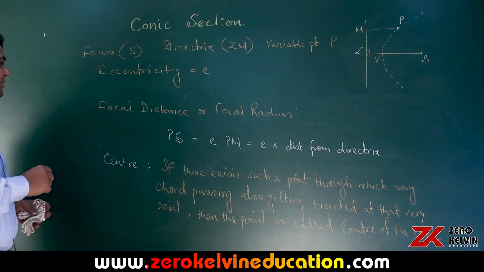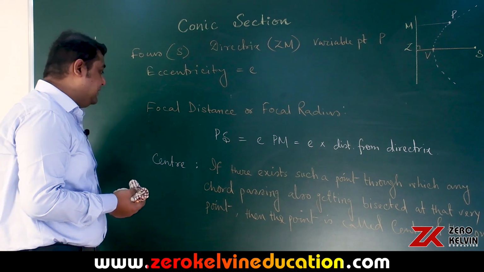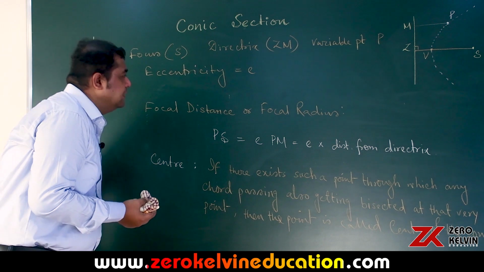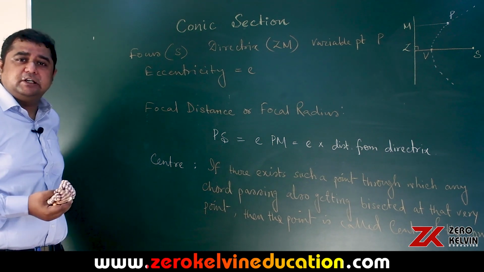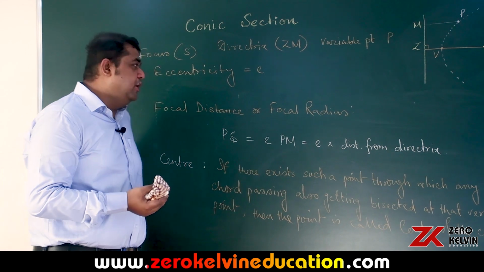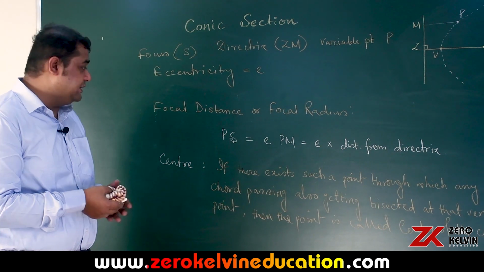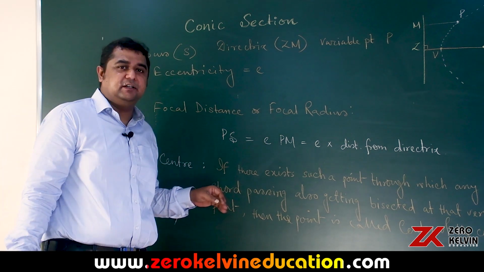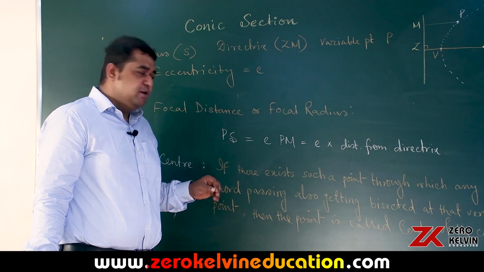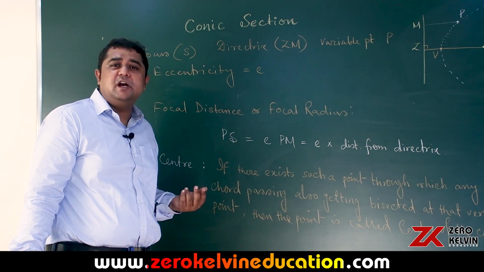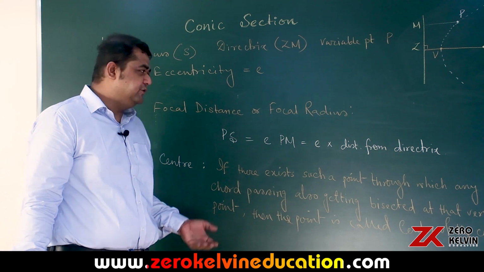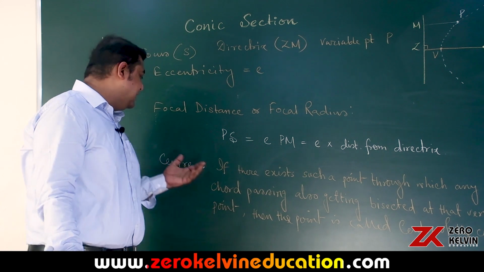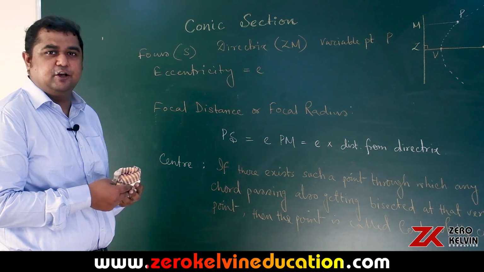So, the description itself says it is not mandatory that every conic will have its center, but mostly the conics of the form ellipse or circle that you have already experienced, or even hyperbola, they will have their center defined. The only type of conic which will not possess any center is the parabola, because the shape of the parabola is such that it is not symmetric about any point. Okay. The other three variations have been found symmetric about a point, and that point of symmetry will be marked as the center of the conic.